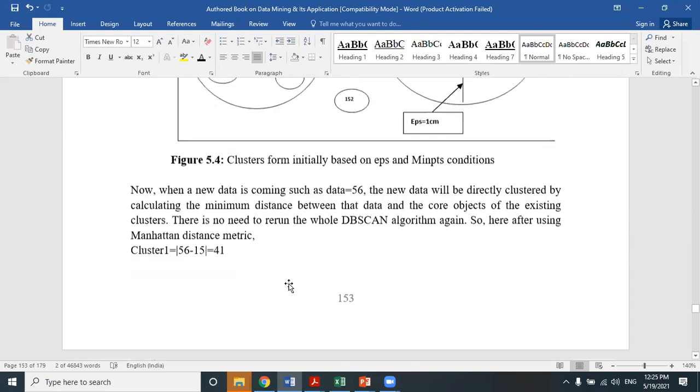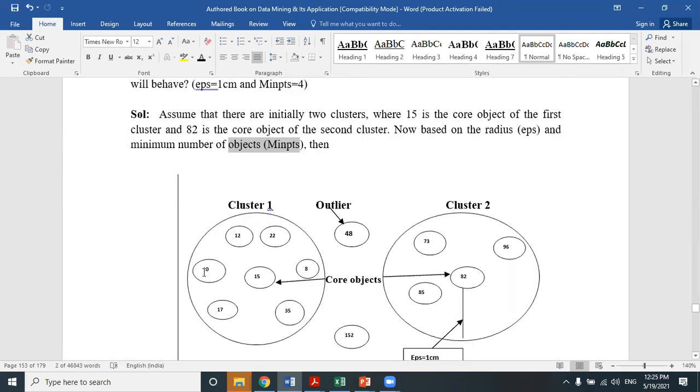Now, here each and every cluster satisfies the condition of minimum number of points. I think you have understood that. Each and every cluster has a total number of neighborhood points which is greater than or equal to minPts. 1, 2, 3, 4, 5. So this one is equal to minPts and this one is greater than minPts. So these two clusters have been successfully formed because they satisfy both the epsilon neighborhood as well as the minPts concept.